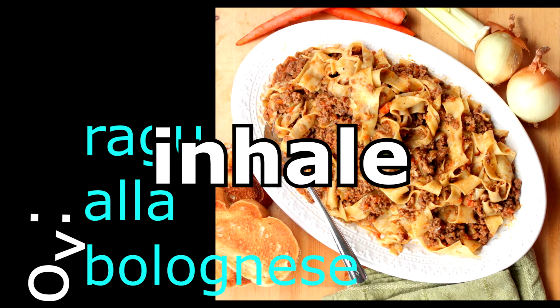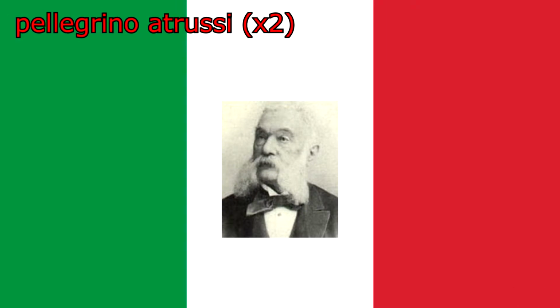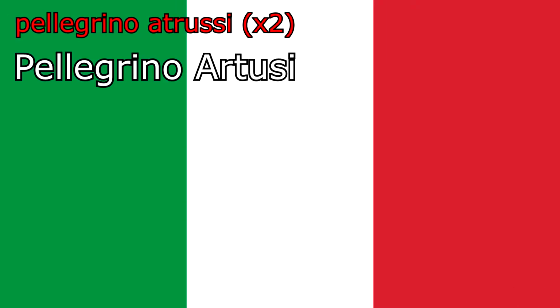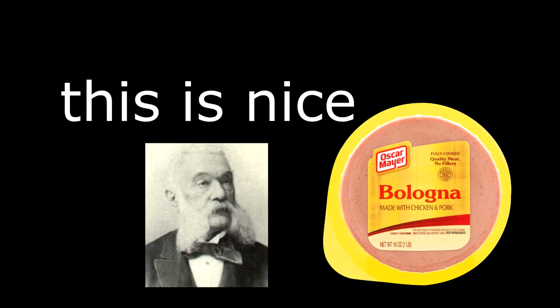Hi, before we start, here's a thing or two about ragù alla bolognese. In 1891, an Italian chef named Pellegrino Artusi published a recipe for maccheroni alla bolognese after he had spent a long time in the Italian city of Bologna. However, since over 100 years have passed since the original recipe's publication, the recipe has evolved